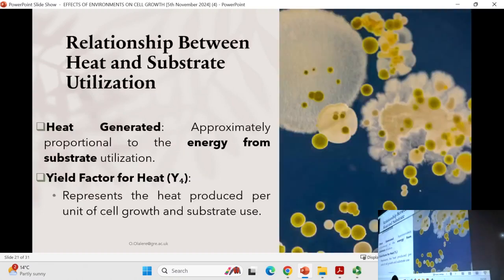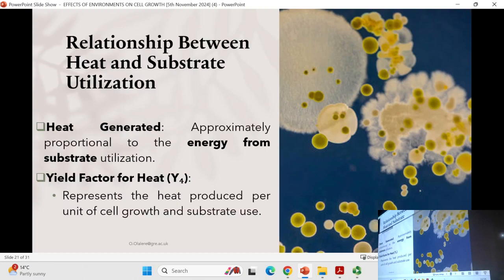So, relationship between heat and substrate utilization. There is an intake of your substrate. It's more or less that you put food. Have you ever found yourself eating chili food or hot food before? You discover you start sweating. So now I expect you to be sweating, because I'm giving you hot biochemical. So now, for heat generation,